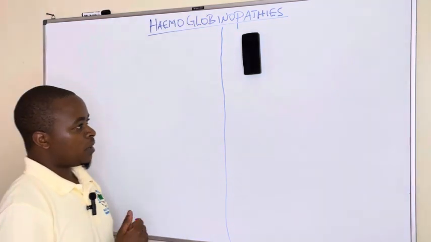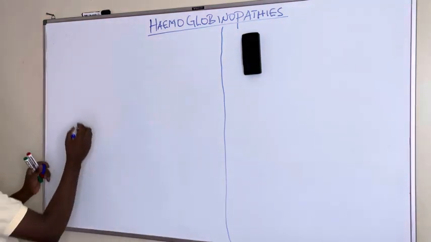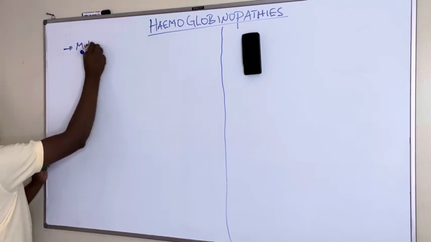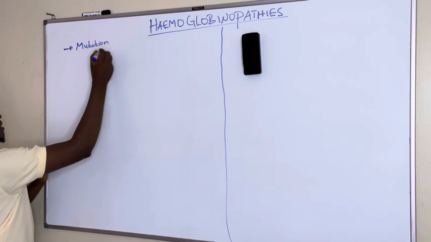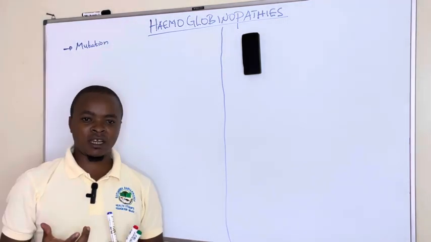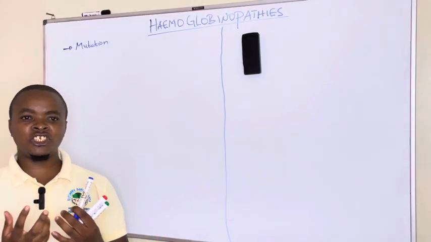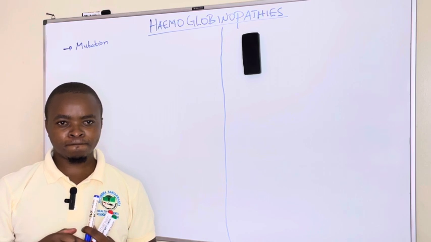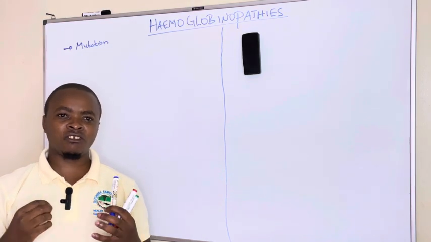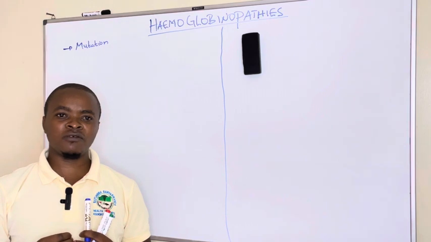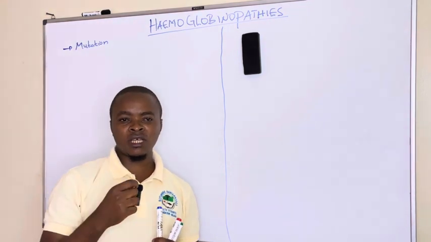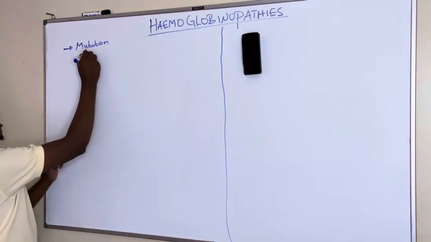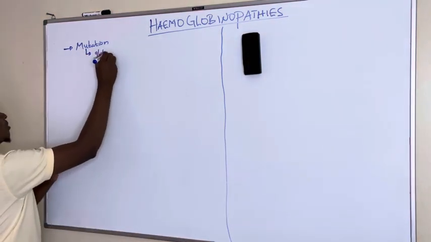And abnormal hemoglobins, we want to see how they are formed. I shall tell you that these abnormal hemoglobins are due to mutation, whereby mutation is a sudden change in genetic makeup. It can be by deletion, or by substitution, or by replacement. Whenever there is deletion of a gene or substitution of a gene, we call that mutation. And these mutations majorly occur in the globin